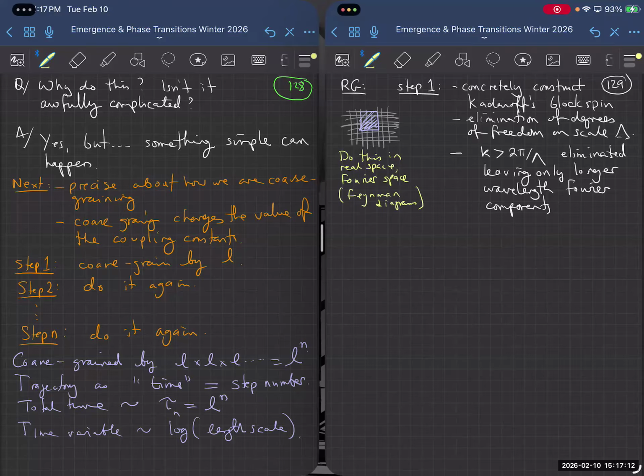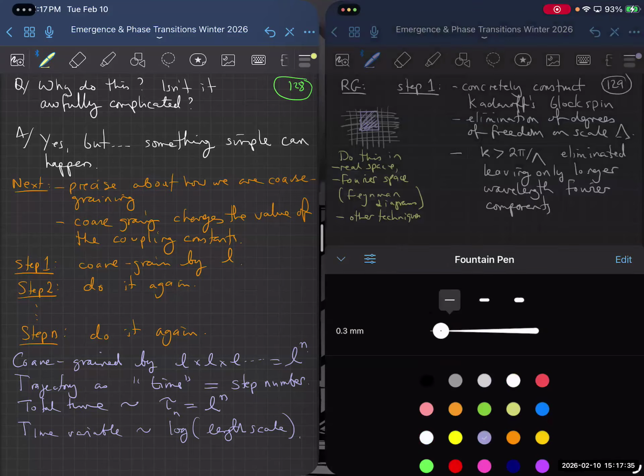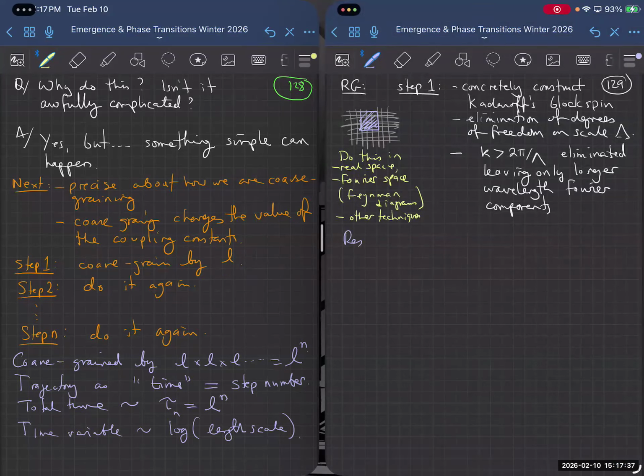And there's other ways that one can do it, such as decimation and other things like that. And you'll get an example to do that in one of the homeworks. But all of them have in common that they're eliminating long wavelength degrees of freedom. So basically, the upshot of doing step one is that the result of this